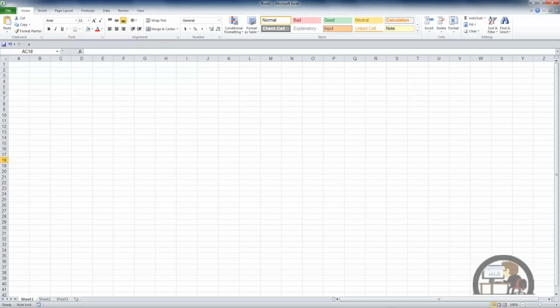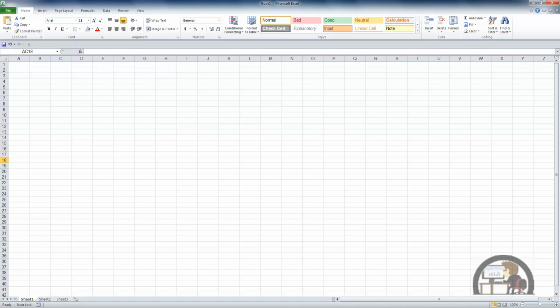As was mentioned in the prior movie, the file format for 07 and 10 is fundamentally different than what was used in 03. It's OpenXML as opposed to the binary format in 03. This creates some issues when you're trying to share files with other people that may not have 2010, and maybe they still have 03. Excel offers a couple of tools to get you some information about the compatibility issues that